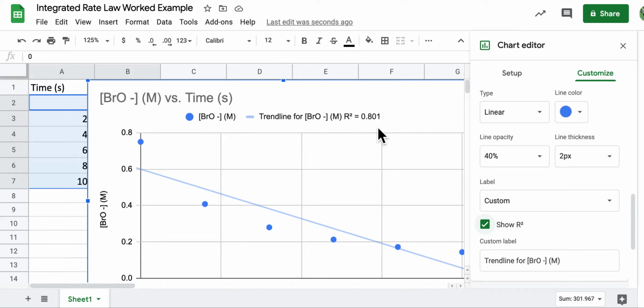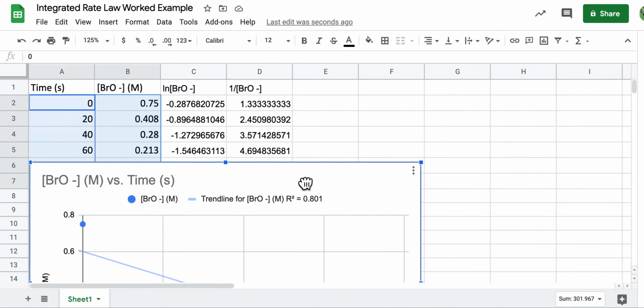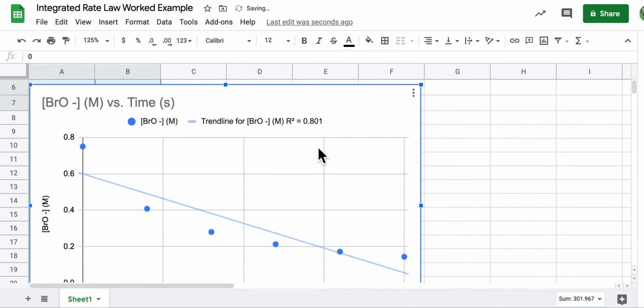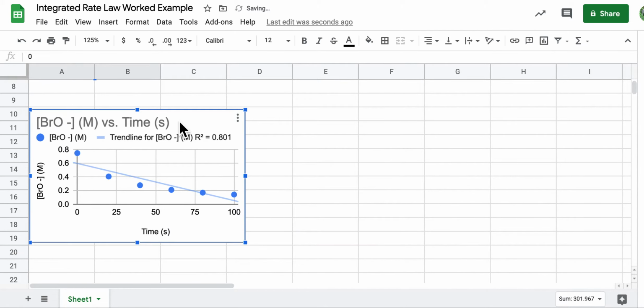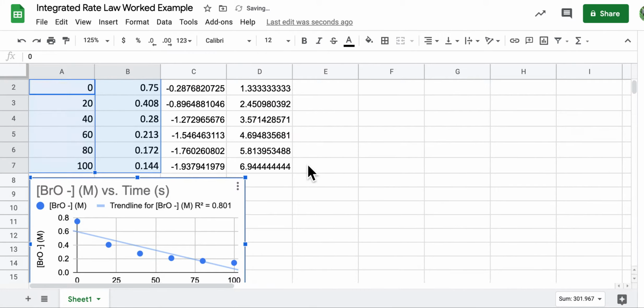Now you can see that this data is not very linear, but you want all 3 R squared values to be able to compare to see the one that is the most linear, because sometimes eyeballing it, it will look like they're all not linear or all of them are linear. So you want to compare your R squared values. You want to be quantitative when you can. All right, so I'll X out of that. I'll resize this. Okay, and now I'm going to